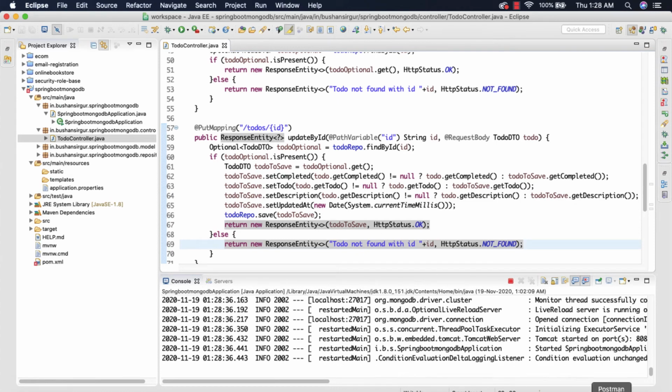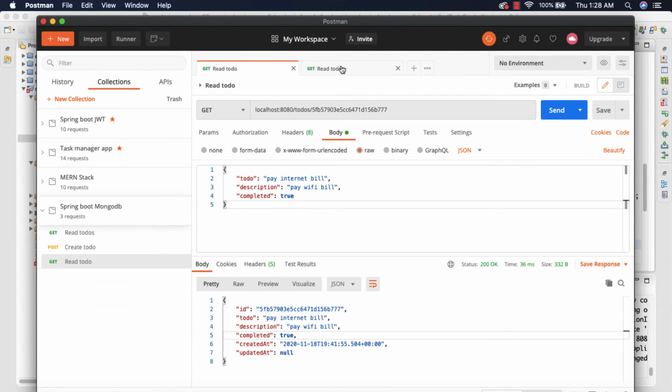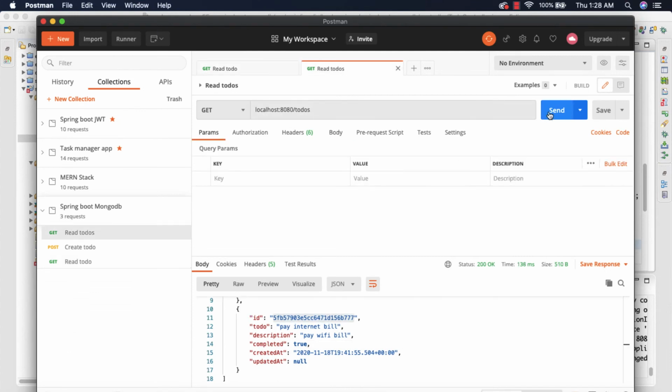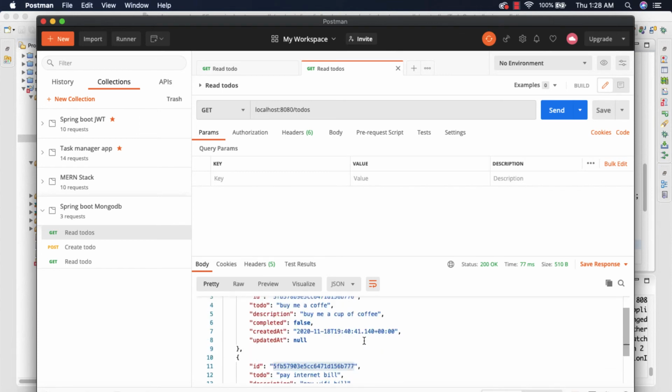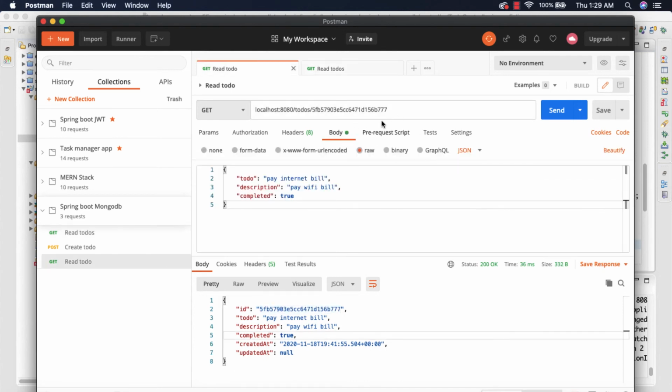So let's go to Postman, and first let's go to the read todos and click on this Send. Right now we have 2 todos, so I'm going to take this pay internet bill, and I'm going to set this completed to false. So let me copy this ID, and let's go to this read todo, and okay, this is fine.